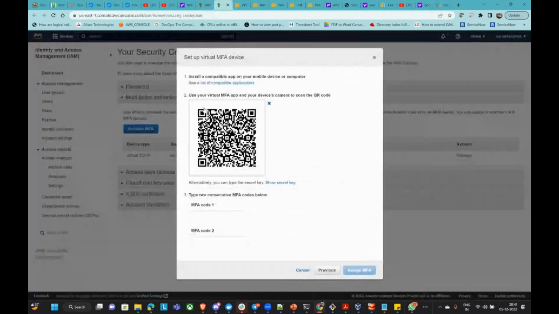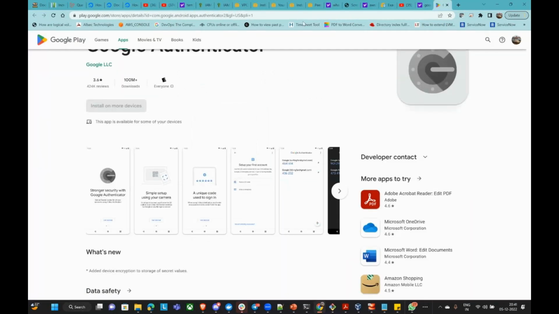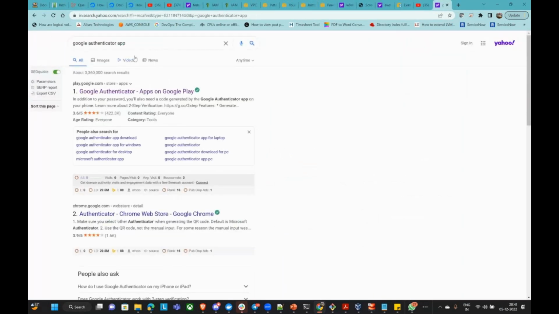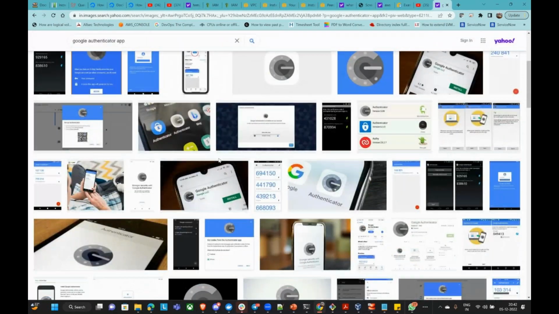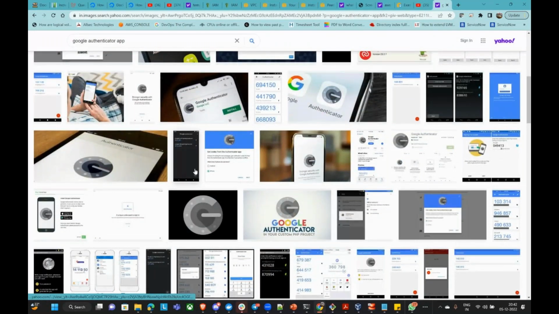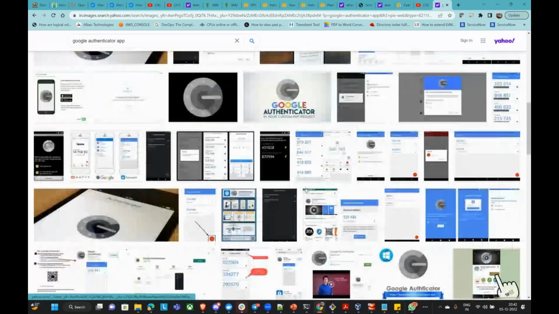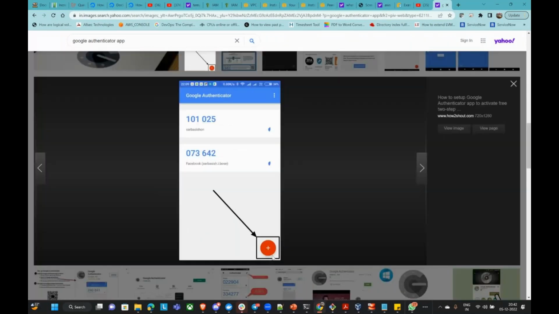once after the installation there will be a plus symbol. Okay, so there will be a plus symbol. You need to click on that. So let me show you in the app. Yes. So as you can see, this is the plus symbol you will have, and once you click this,